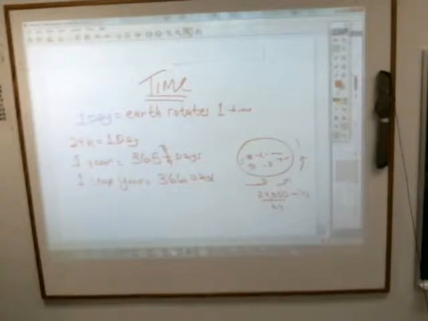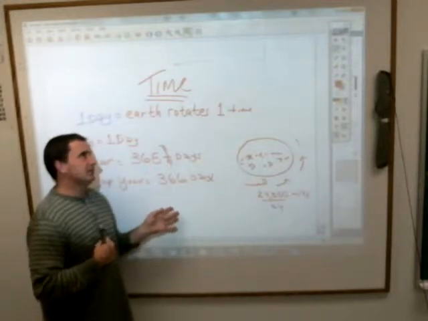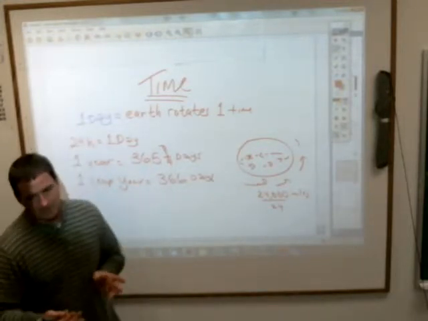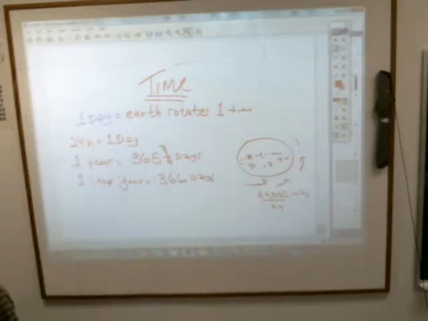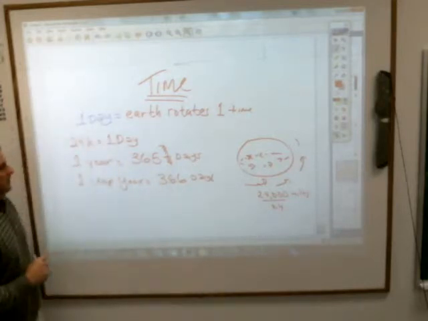If they did not add that 1 leap year day in there, what would eventually happen, given enough time, and it would take a while, is that the seasons would no longer follow. Winter for us would end up being spring, and spring would end up being summer, and things would get all mixed up. Seasons would be off by one day every 4 years. So after 40 years, you'd be off by 10 days, and after 80 years, you'd be off by 20 days. I'm not sure if it would go backwards or forwards, but because we're off just a little bit, we have to add that extra day in.